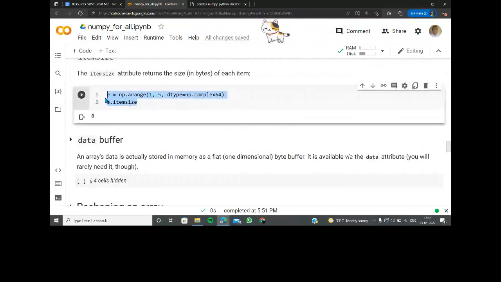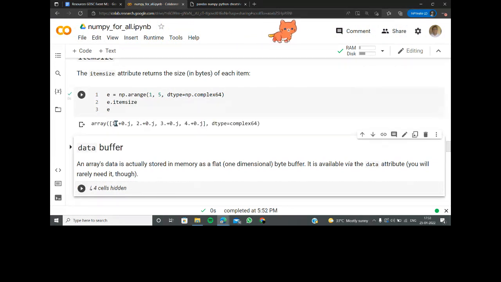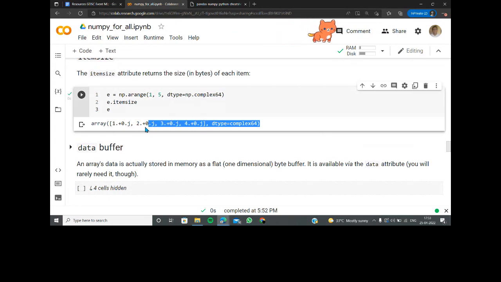So if we just go and itemize the things, itemization is going to work the similar way. So itemization of the things are just some functions which are really required in order to appreciate some sort of techniques, right? So let's say 1 comma 5, I just wanted to itemize all those elements in terms of a complex number. And I just did all that, and let's see the magic of it. See, the magic of it is it's going to be complex numbers with 64-bit of complexity being added to it. So it's a size of 64-bit.